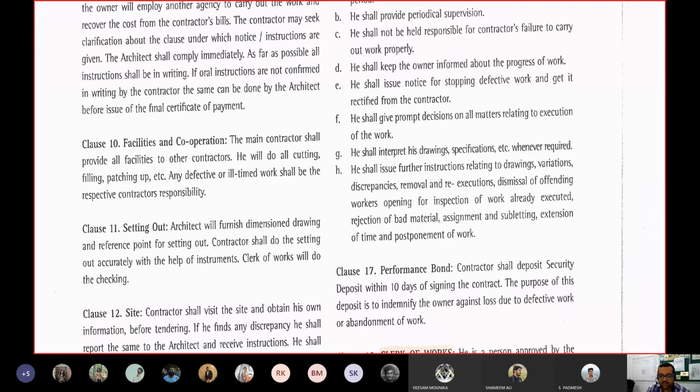So now you have to look for this performance bond, because during the course of work, if he terminates the contract and he goes off, on that particular day you may not be able to get the same work done with a fresh contract at the same price. So as a penalty, you keep this performance bond. This assures that the contractor will perform.